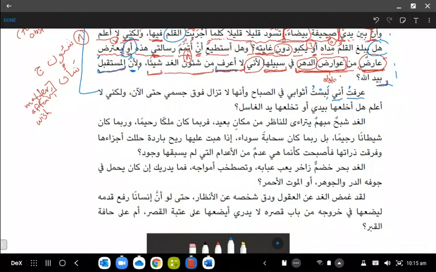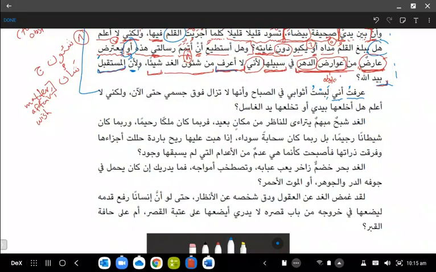And how did I know the spelling is araftu and labistu? This is where you need to rely or depend on your vocabulary knowledge. That the spelling is labisa. It could have been labasa, it could have been labusa. We know that there are 6 verbs for the thalathi mujarrad, but if you're not sure, you check the dictionary, or if you know it, you just apply it. So araftu anni labistu.